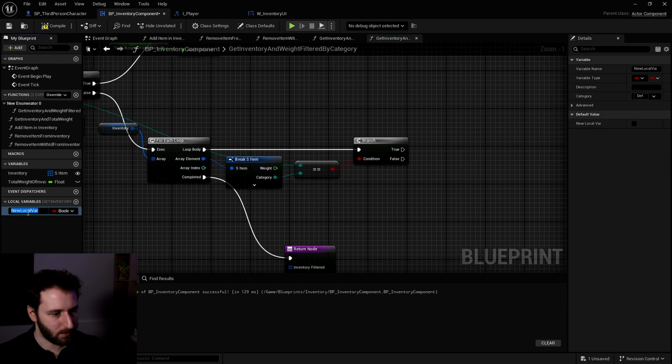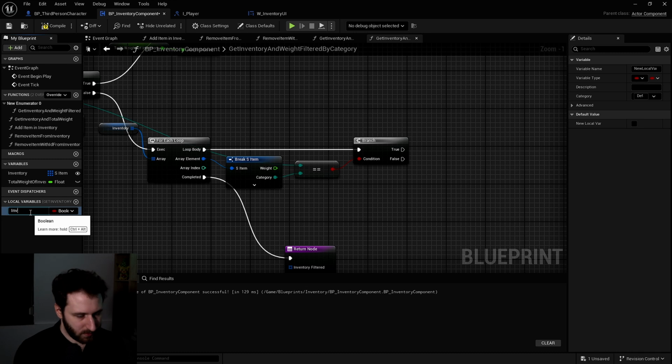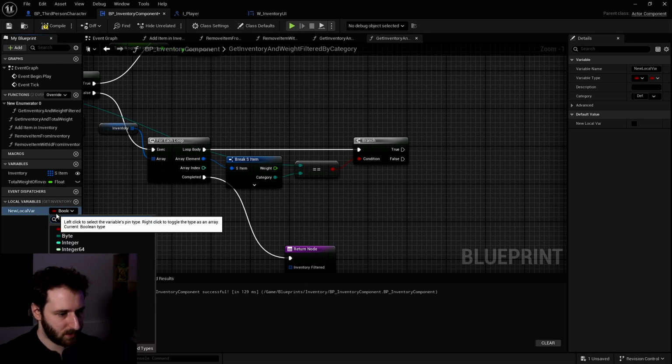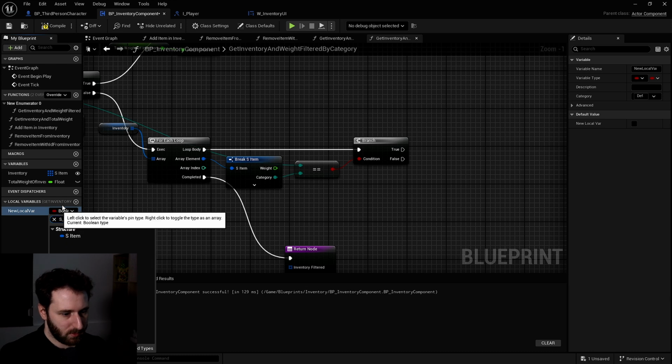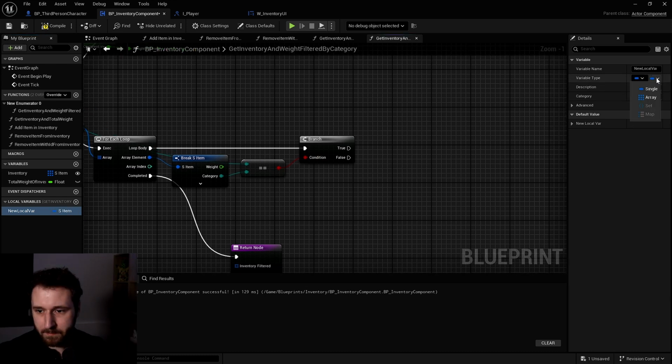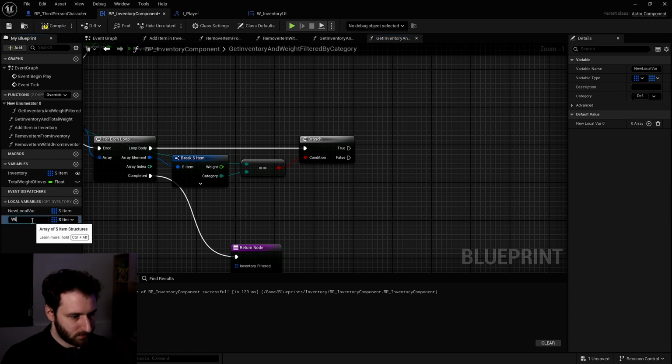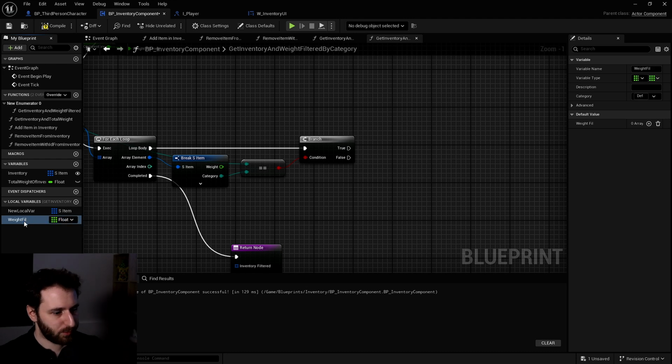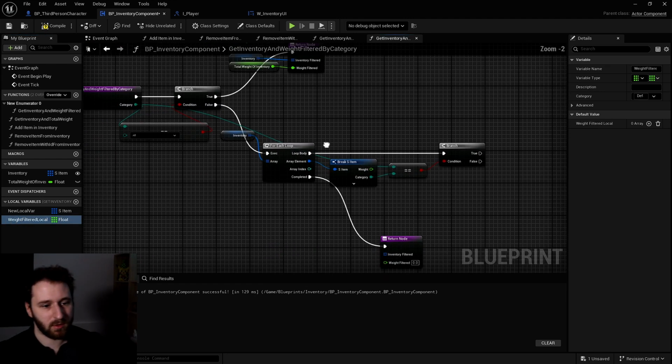Let's create a local variable. We'll call this inventory filtered, tac, of type item. And it should be an array, tac, and there will be the weight filtered. Why can't I put filtered? I don't know what's going on with Unreal.